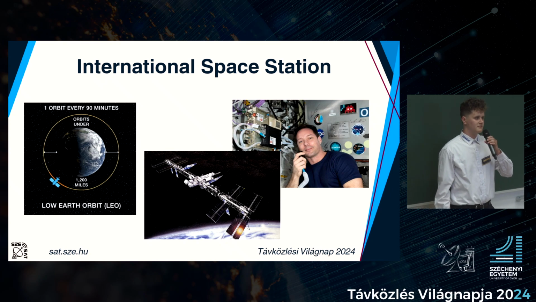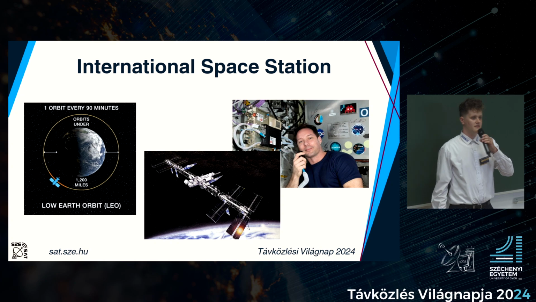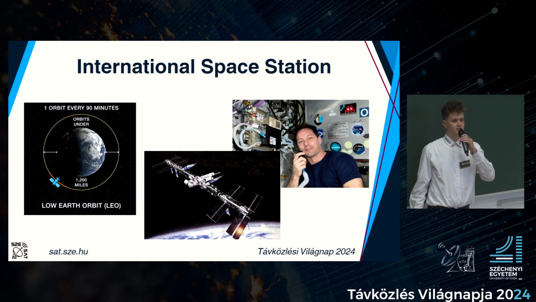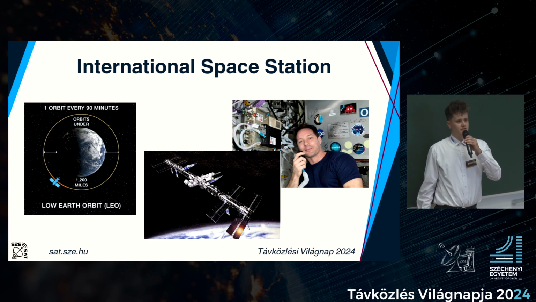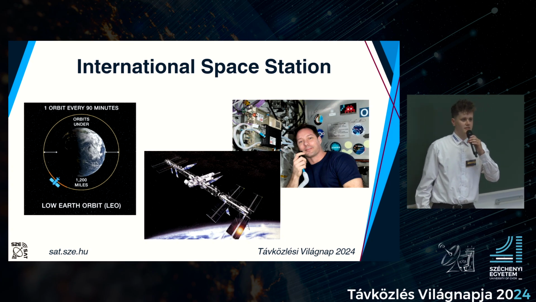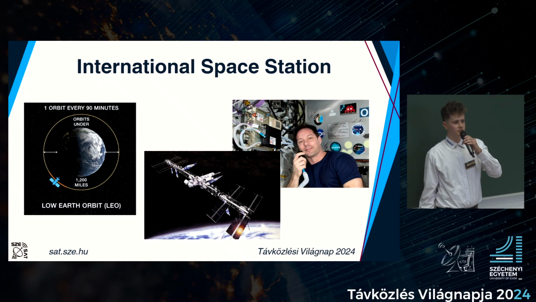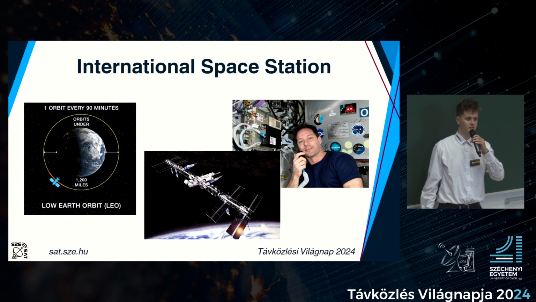The International Space Station is the largest human-made object in space. It is orbiting in LEO orbit. Its maximum height is 412 kilometers. Mostly space research is conducted here. There are even times when the personnel on board make calls with Earth stations located on Earth.